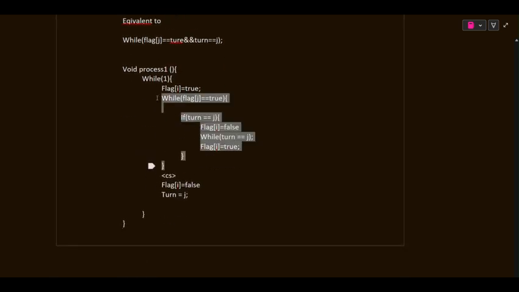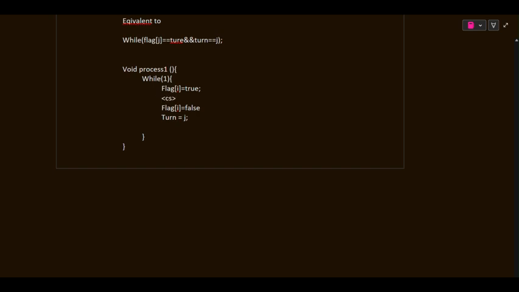We can remove this entire thing and replace it with a simple one line statement: while flag of I equal to true and turn equal to j. So this is nothing but Peterson's algorithm,